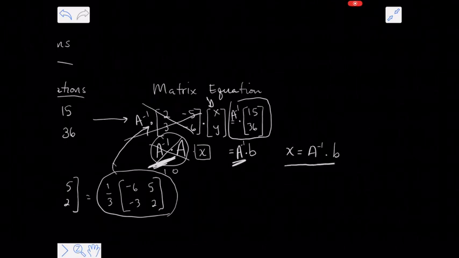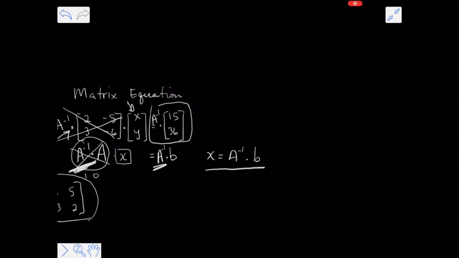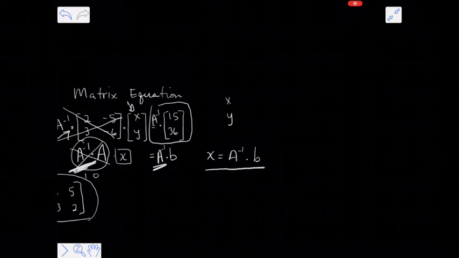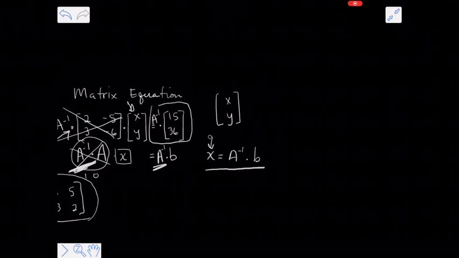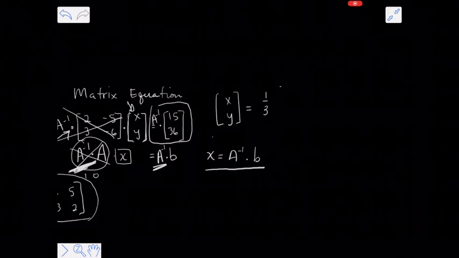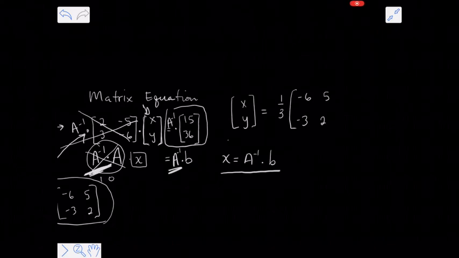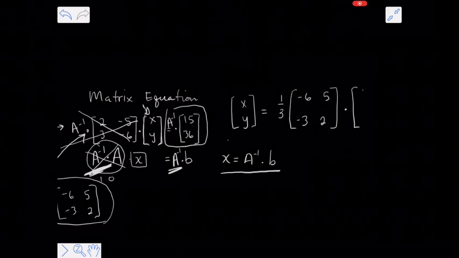So I need to do this right here. X, that's what this represents. Remember that symbol X represents this column of variables x, y, is equal to my inverse of A, which is 1/3, then -6, -3, 5, 2, and then multiply that by B, which is 15